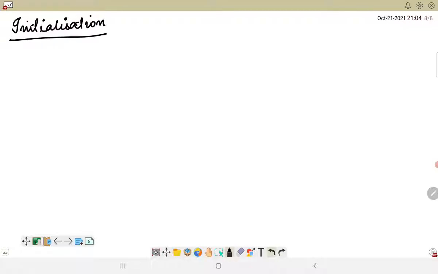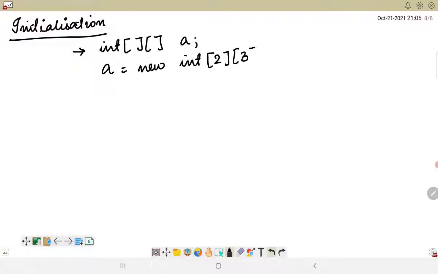When we are talking about initialization, first of all, we have to declare it, int followed by 2 square brackets and a, and after that let us say a is equal to new int 2 3. So this array has 2 rows and 3 columns, and it is actually a matrix array. Let me draw it so that it becomes easier to understand.